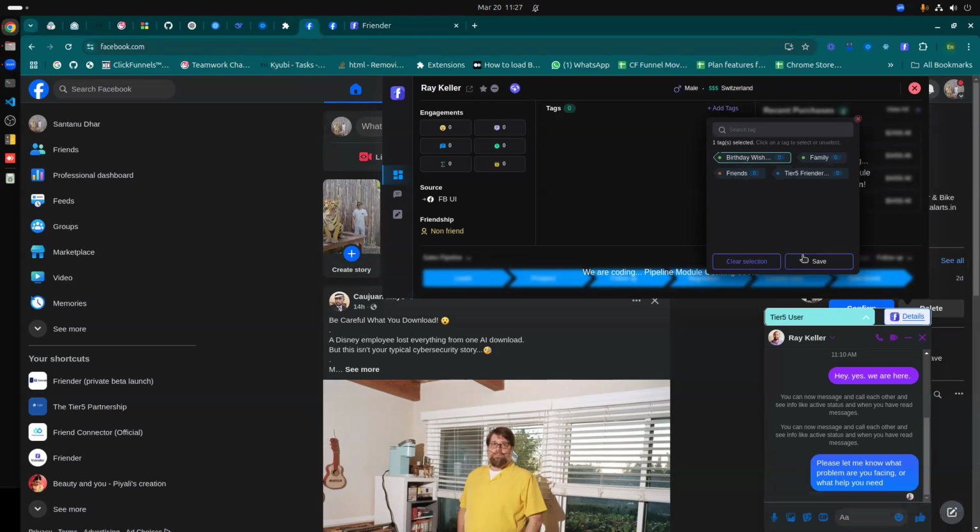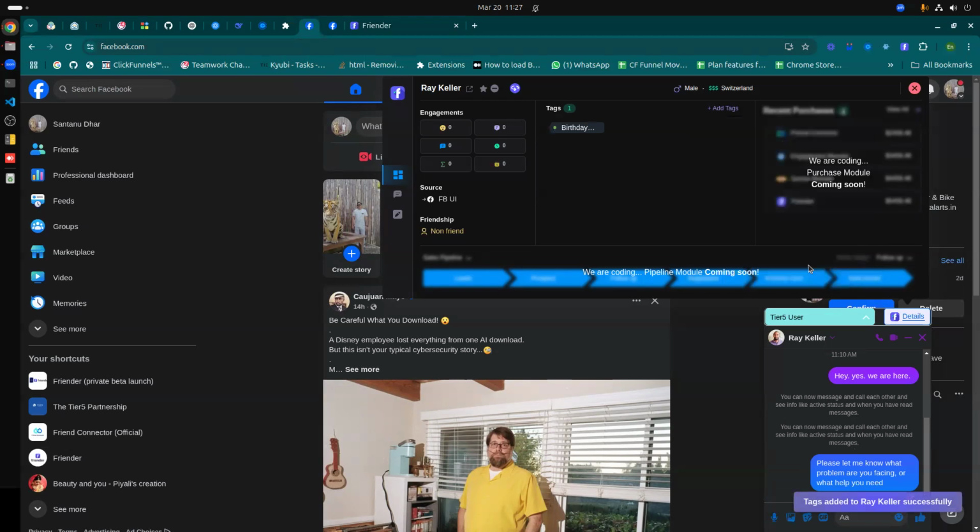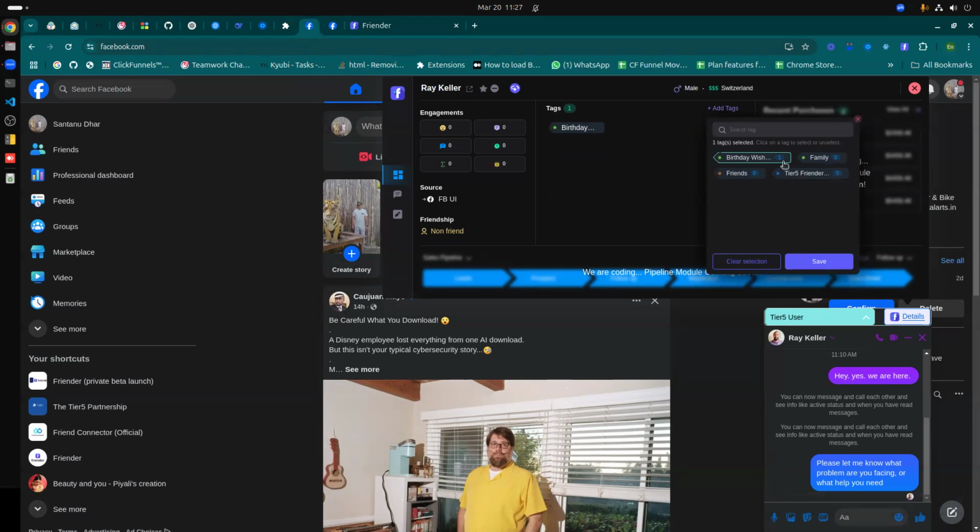Okay, so for that I need to click on save now. Once I do, it will be added in here for this particular user as per the requirements. And this way I can add more tags that I already have created. From there I can select and assign them, or I can remove them if I want. And at that point of time, what will happen is basically,